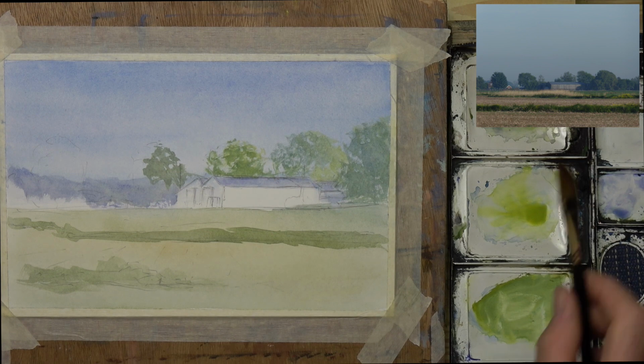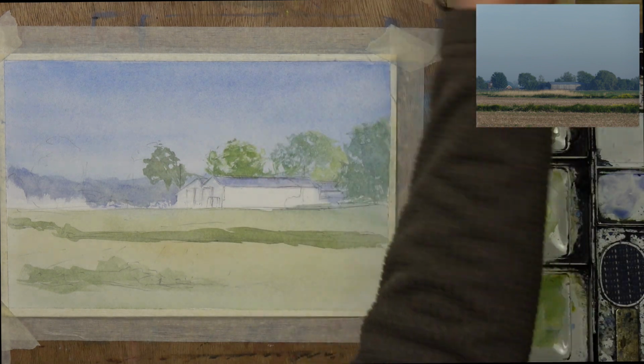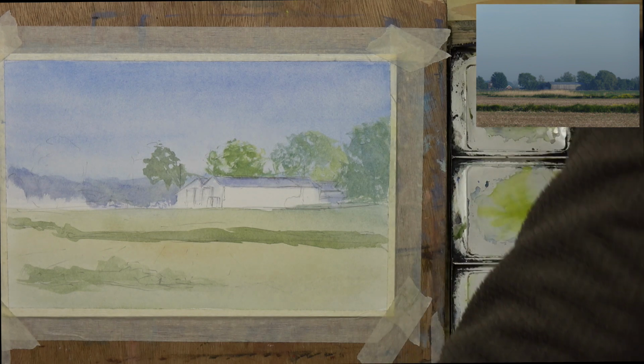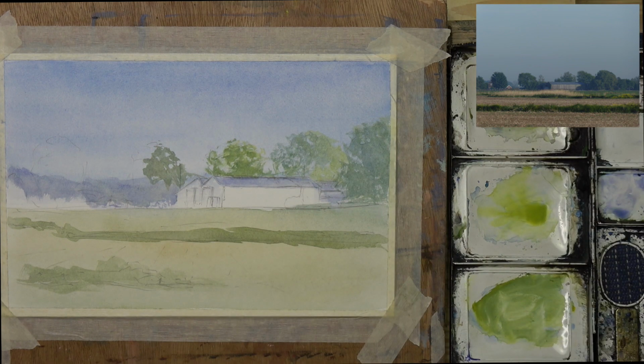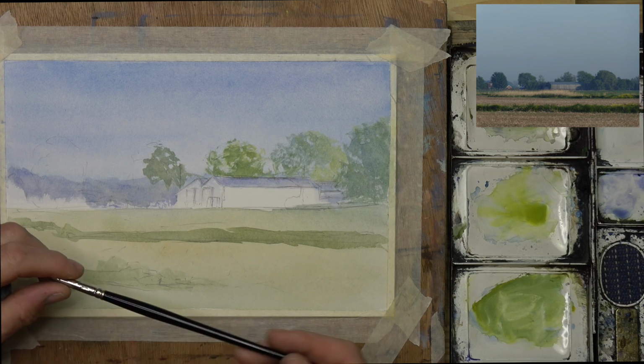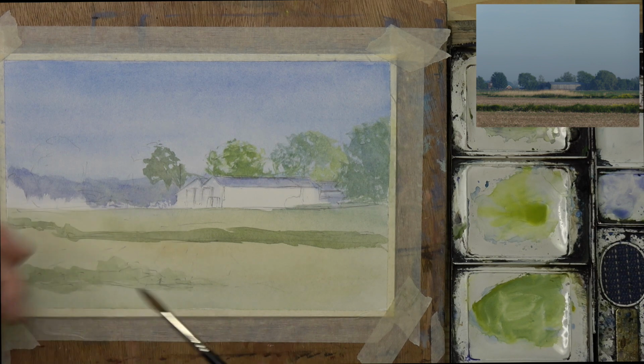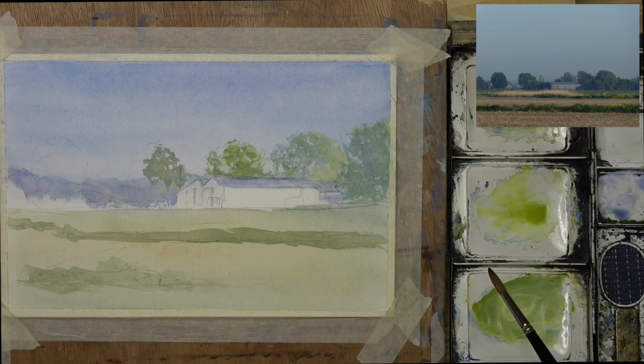Okay, I'm just going to change brush, not that I need to, but I'm going to continue the same process of painting the tree with a different type of brush, so that you get to see how that would be. Now I'm using a fairly standard, I think it's probably a number 4, round brush. This is a sable one. It's one of the many that I do own, and as they wear out, of course they'll be replaced. But I'm going to go back in and mix up a darker green now,